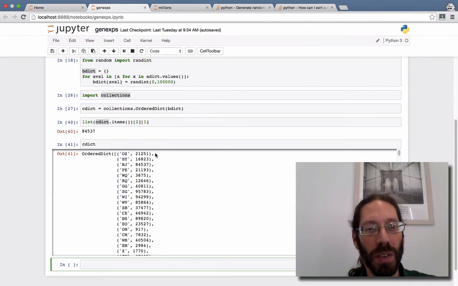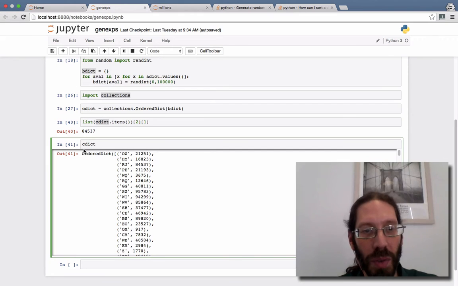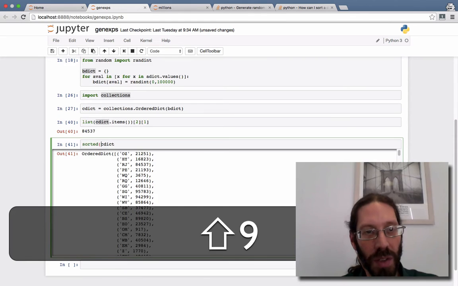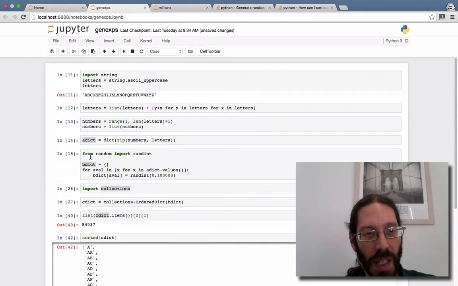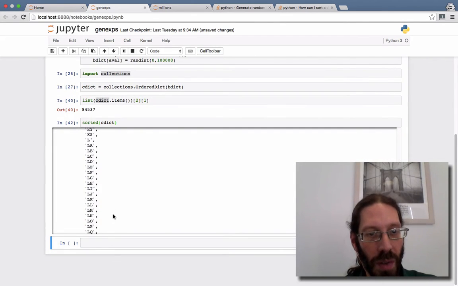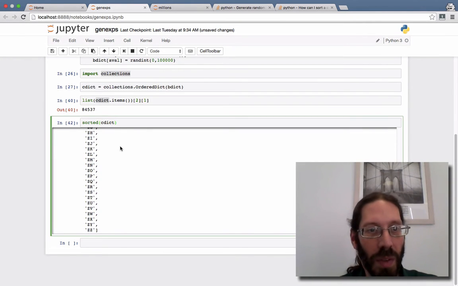Let me experiment. It's already an ordered dict, and I see no reason why I shouldn't be able to apply sorted here and just see what I did wrong. First of all, I will establish the strangeness that I saw, which is just getting the keys back. So it's a list of keys. It seems to me that I should be able to ask for multiple things. If that's the keys, I should be able to turn that into